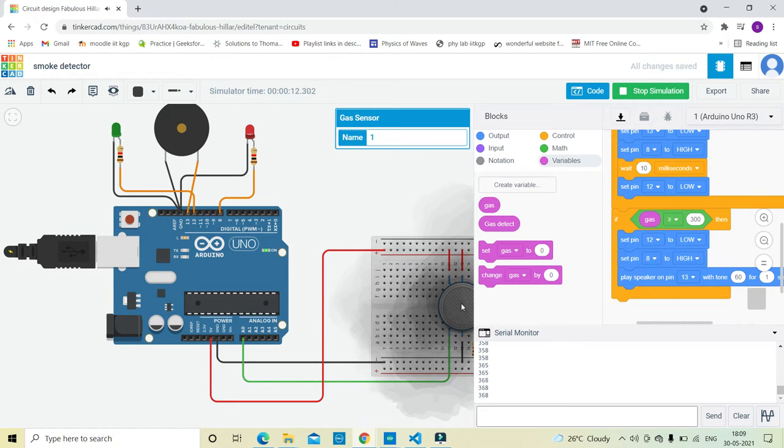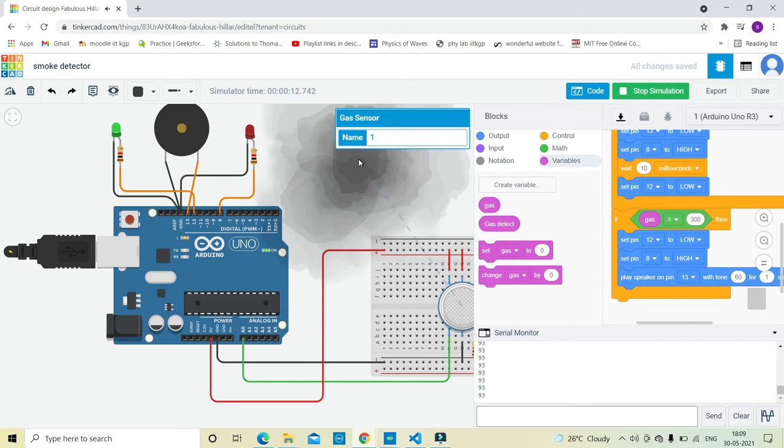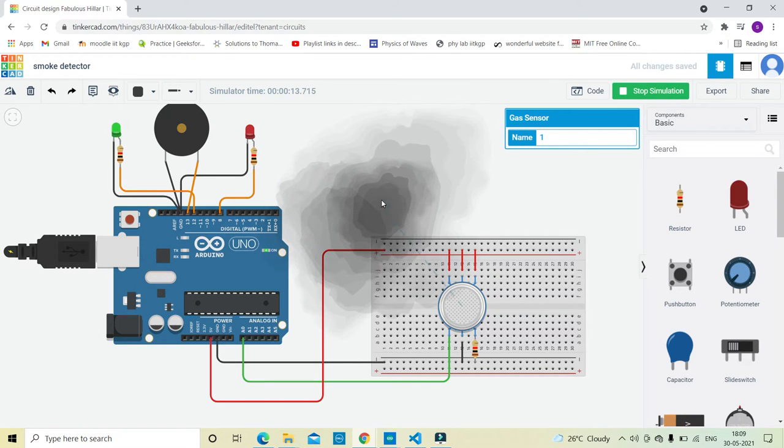Let's make the intensity less here, so that the piezo speaker stops. Now it stops here, you can see. And for the red LED bulb, I make it somewhat closer.